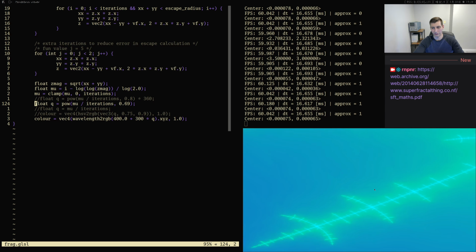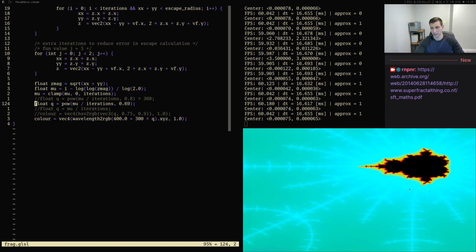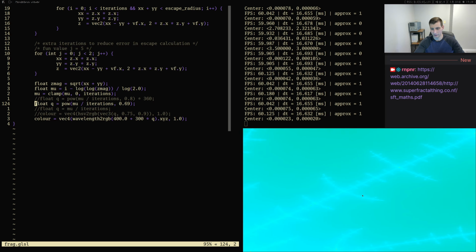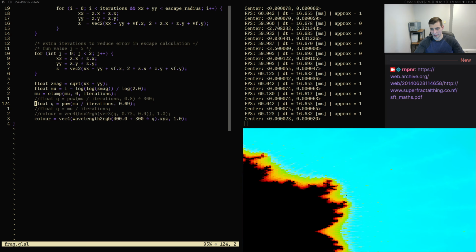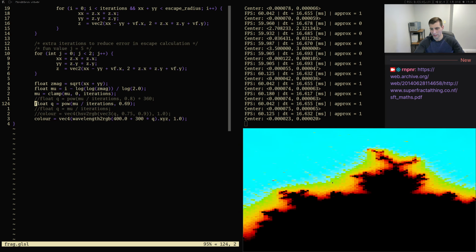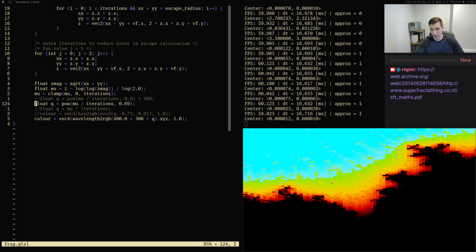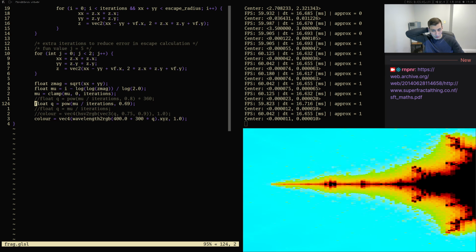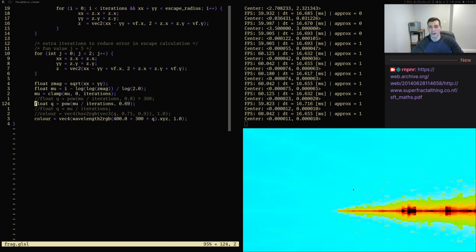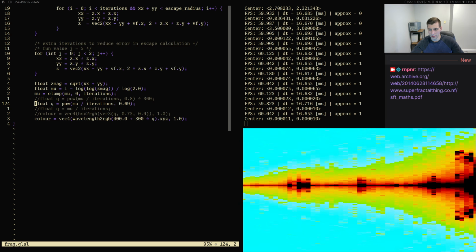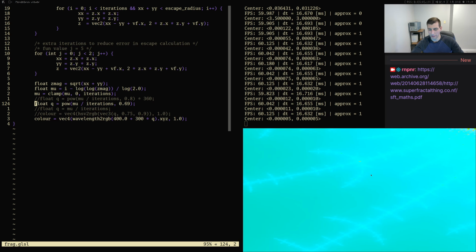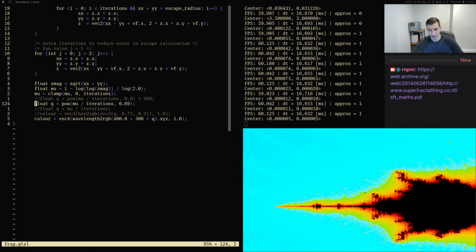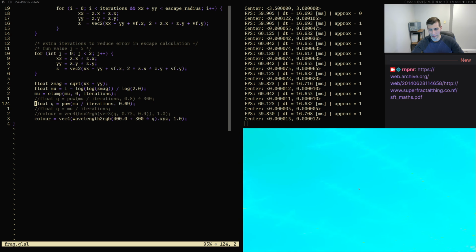So if we zoom in and find something else here, yeah, we find this, right? We can still zoom in. I think this is quite a bit further than before, and it's still looking reasonable, but yeah, so we need to fix that other issue with the